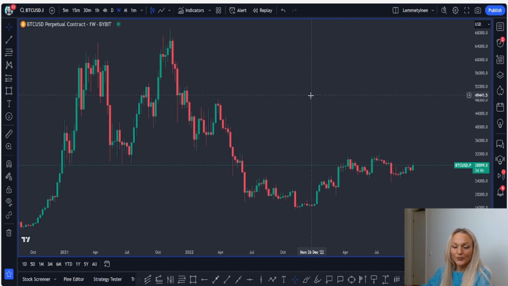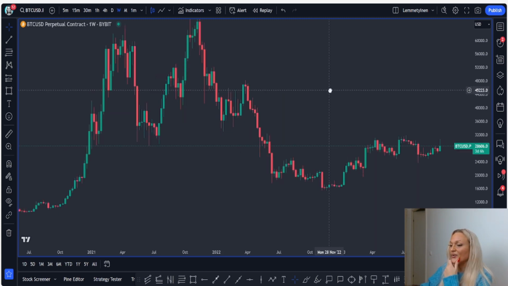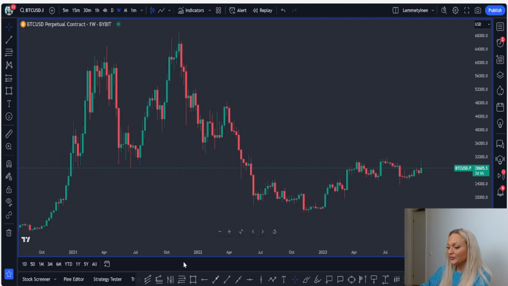But when we are looking at the charts right now on BTC, and remember you can use Fibonacci on whatever pair you want to look at. So in an uptrend, what we're doing, we're using Fibonacci from the lowest point to the highest point for us to be able to calculate this next move. In a downtrend, what we're doing is that we're using the highest point with the lowest point to find out where the next potential sell opportunity is. So in an uptrend, we're looking for a buy opportunity. In a downtrend, we are looking for a sell opportunity,